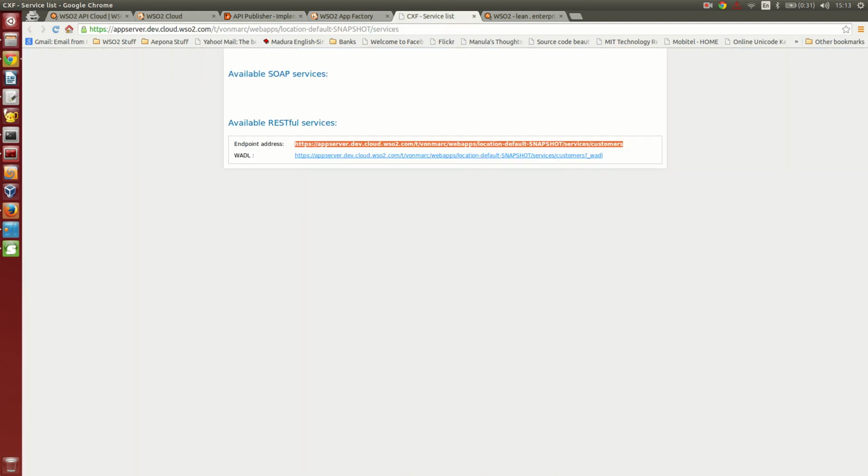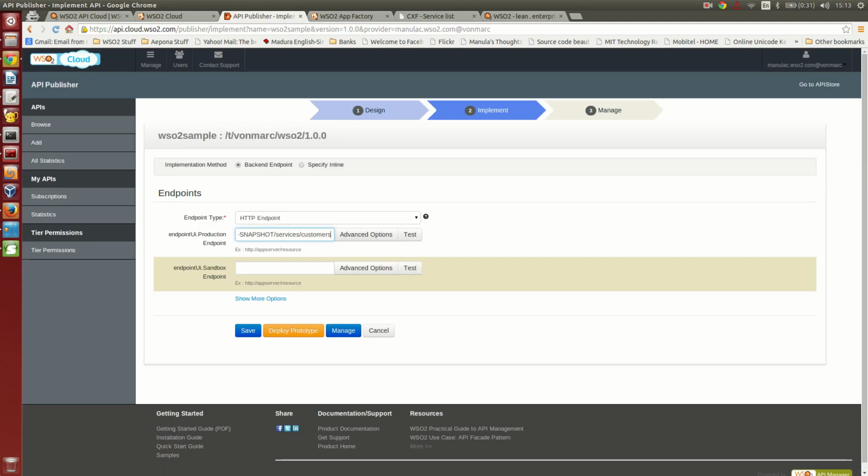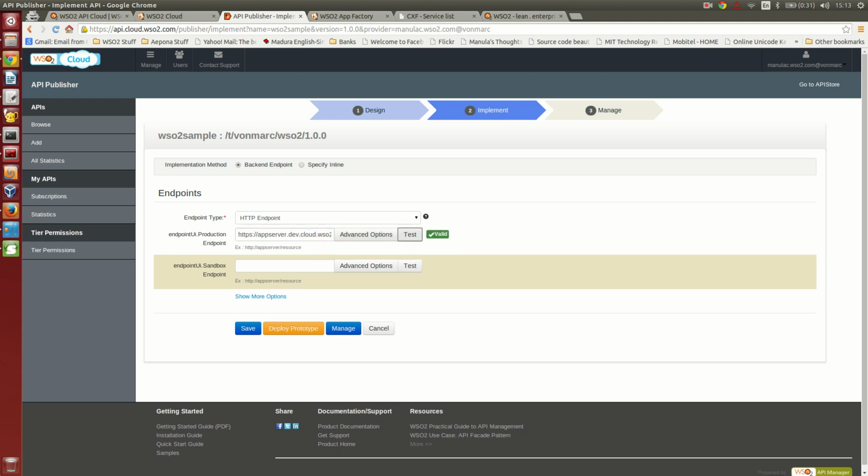This is my actual endpoint, located and hosted in the WSO2 App Cloud, and I am giving this actual production endpoint. I can click on the test button, and you can see it is valid as well, and I can click on manage.